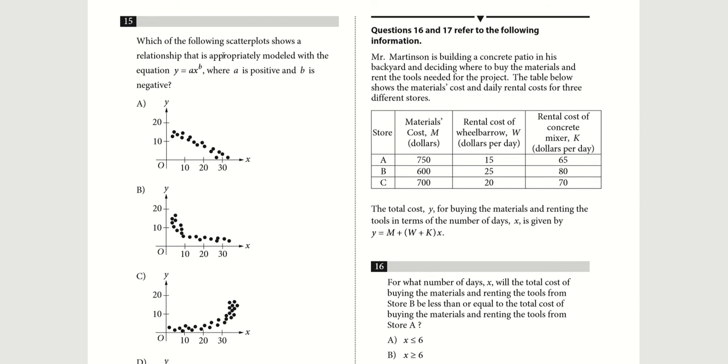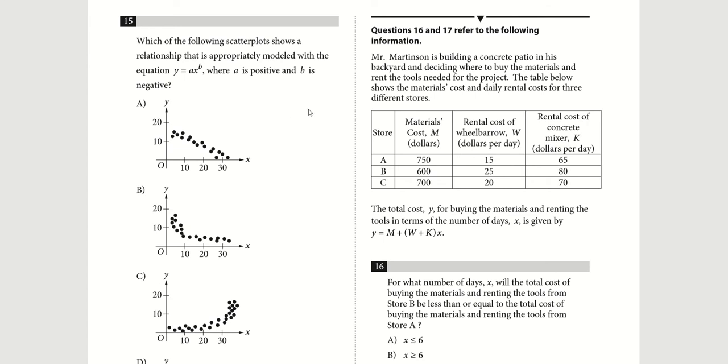So in 15, which of the following scatter plots shows the relationship that is appropriately modeled by the equation ax to the power of b, where a is positive and b is negative? So we see here that this is some constant times x to a power. So this has to be some kind of